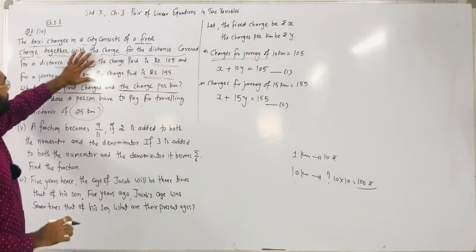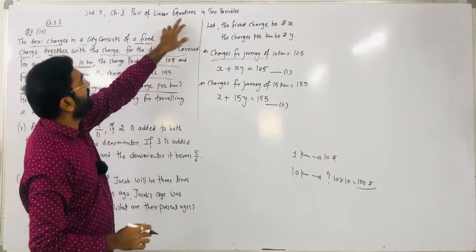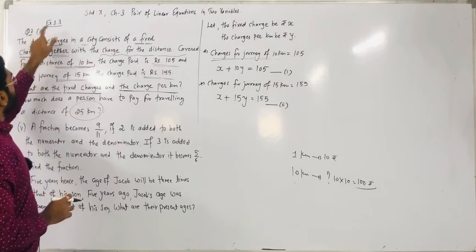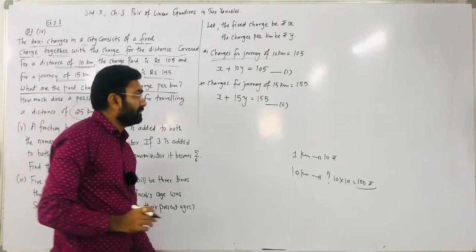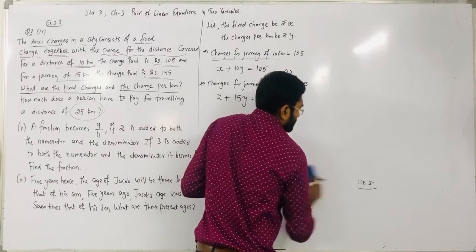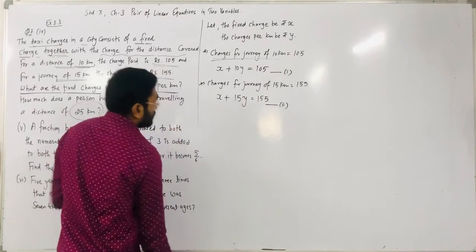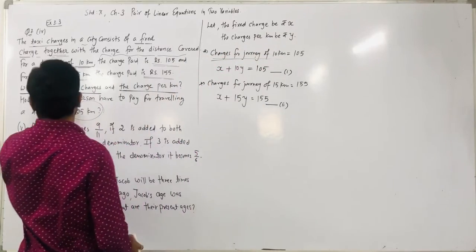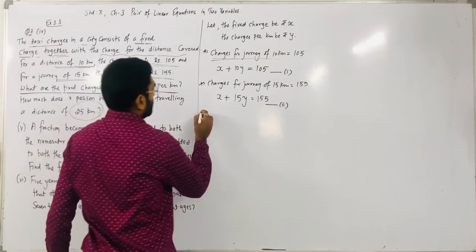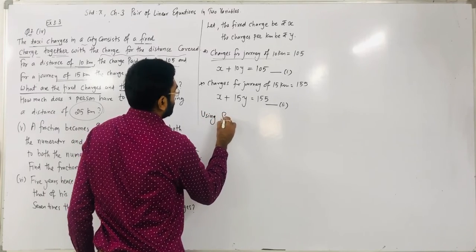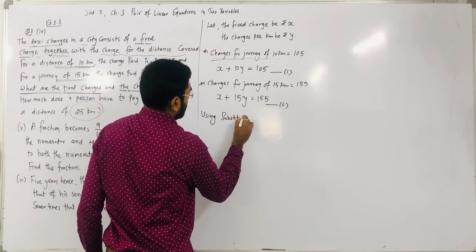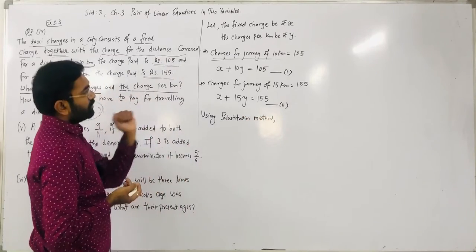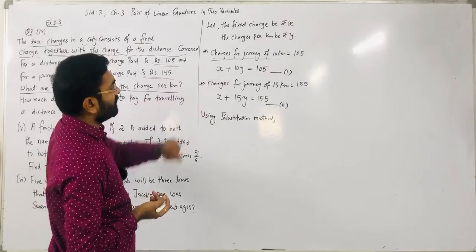Right. So that way from the equation we make a pair of linear equations in two variables x and y. Okay, here in exercise 3.3, as we discussed in our previous period, we have to apply the substitution method. So using the substitution method, we solve this one and we find the x value as well as the y value, so we get our question's answer.